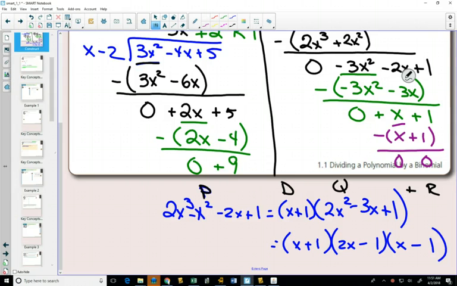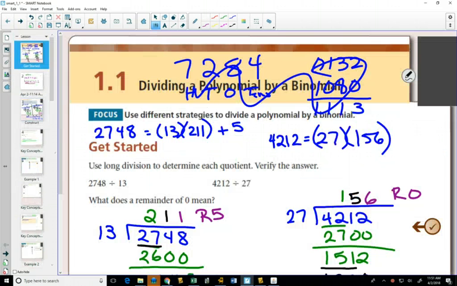You could do it when we did numbers, and we did that at the beginning here. When we had this first example of 2,748 divided by 13, this is what we started with, our polynomial. We divided by 13. We got 211 as our answer, and then our remainder was plus 5. So we get this form of the division statement. And so when we go to example 2 now,